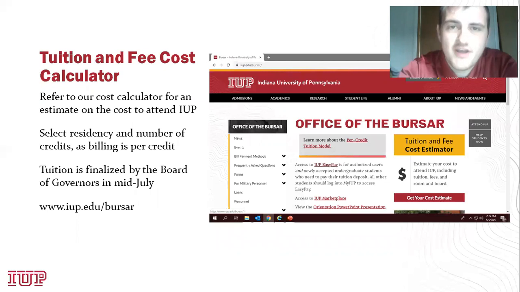We have a tuition and fee cost calculator. You can refer to this for an estimate on the cost to attend IUP. You can select the residency and the number of credits. The billing is per credit, so there's a difference between taking 12 to 15, 16 credits. Tuition isn't finalized till the Board of Governors approve it in the middle of July. This calculator is on our website,